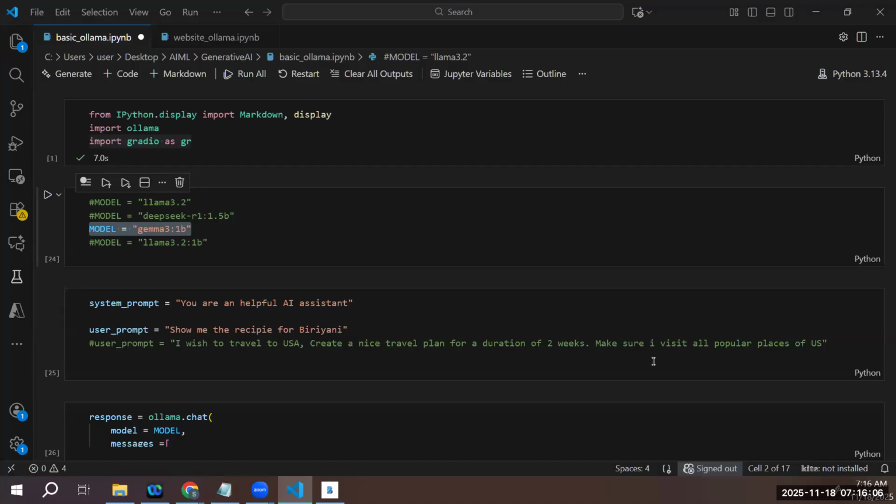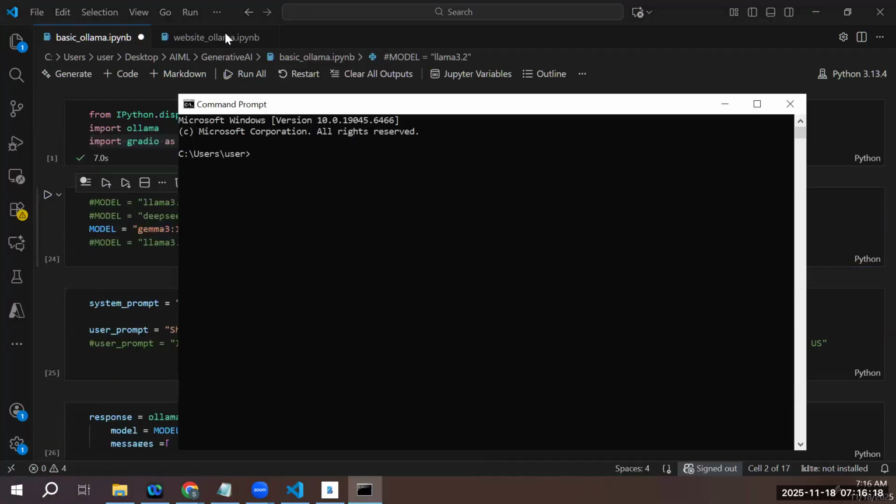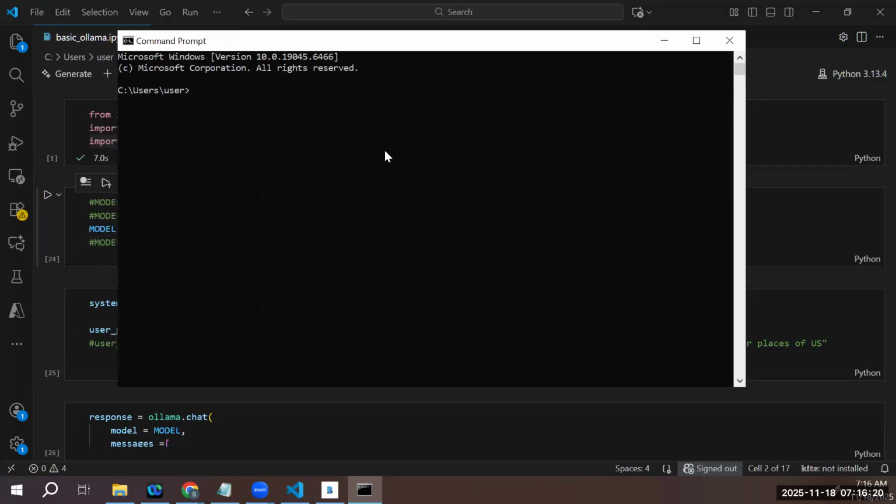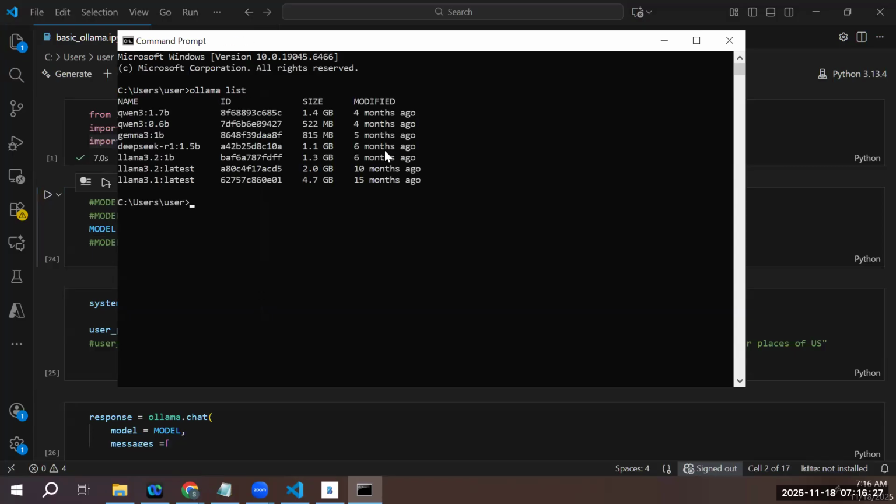So what I'm discussing is we will be using the Gemma 3 1 billion parameter model. Now, I'll show you what all models are available on my local machine. I can download a lot of models. To understand what models are available, I can just say ollama list. When you do an ollama list, it will show me all the models which are available